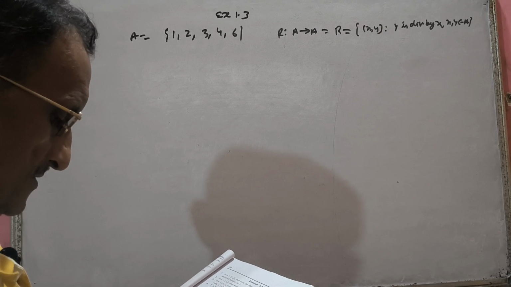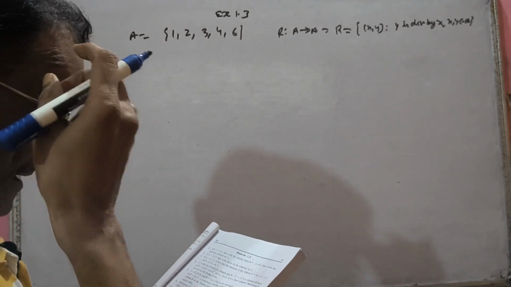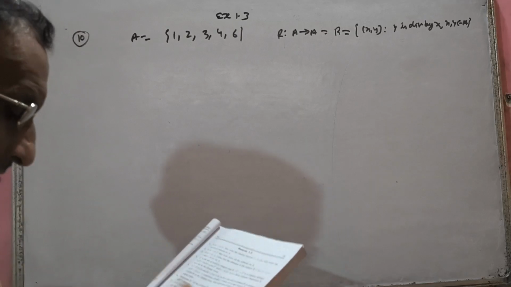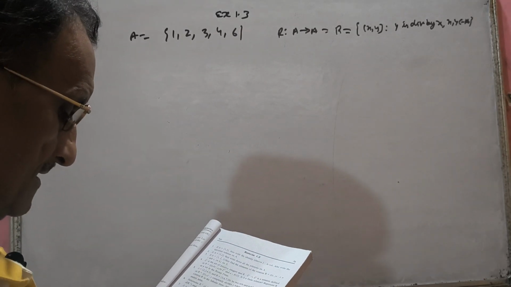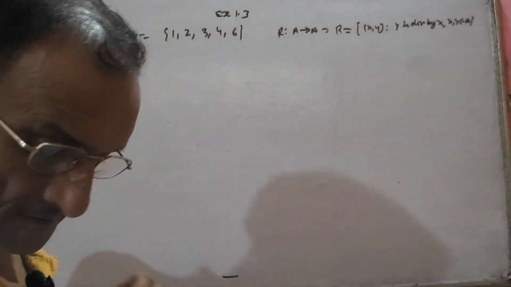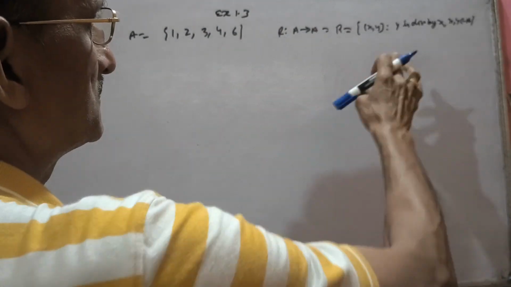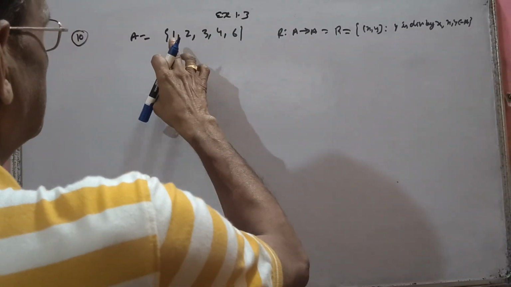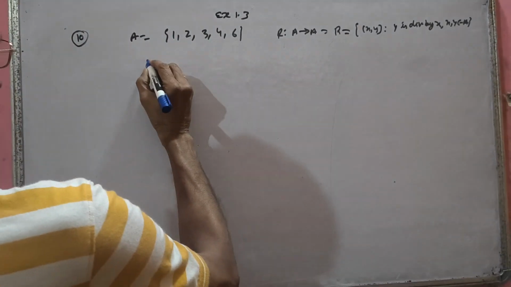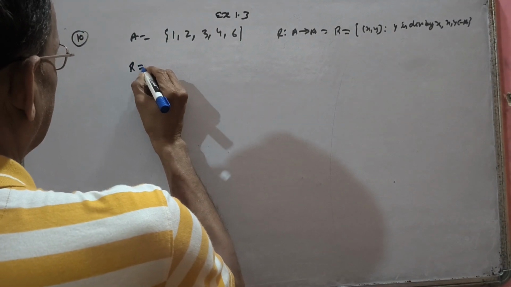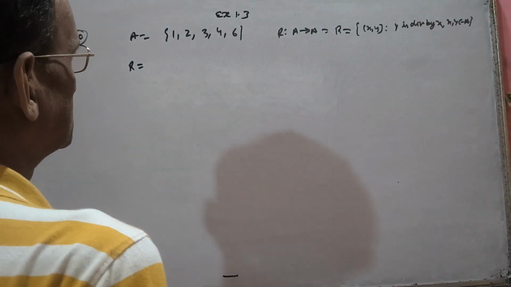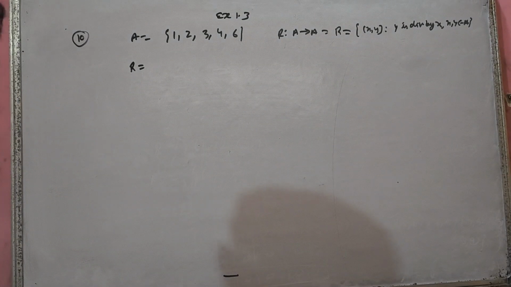They are asking only how many elements are there in R and to list them. Then we have to find R inverse, then domain of R, range of R, domain of R inverse and range of R inverse. So it is simple only. Y divided means x divides y. So what we will write, R equal to. You can do it by arrow diagram first but it is not compulsory, you can do it directly also.